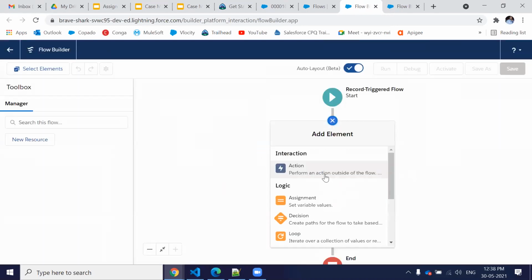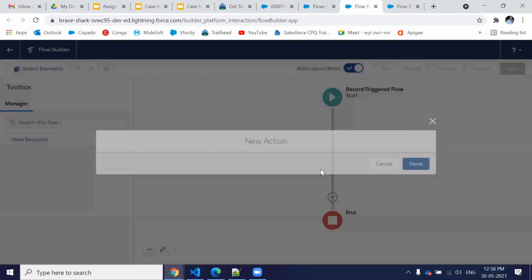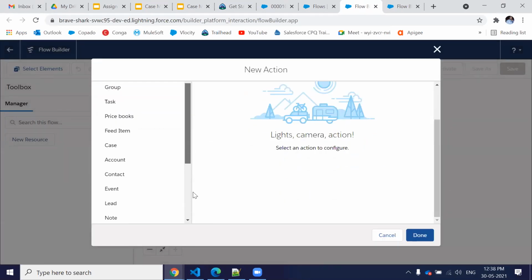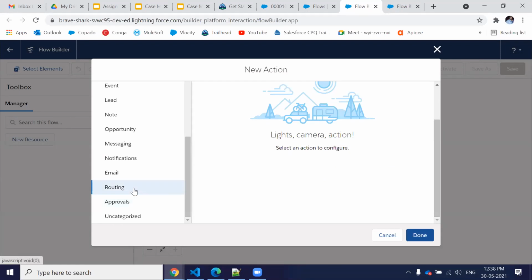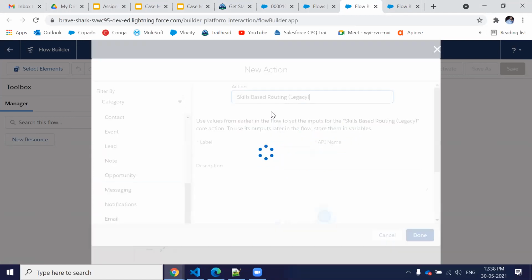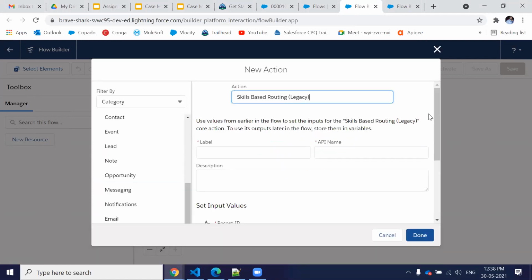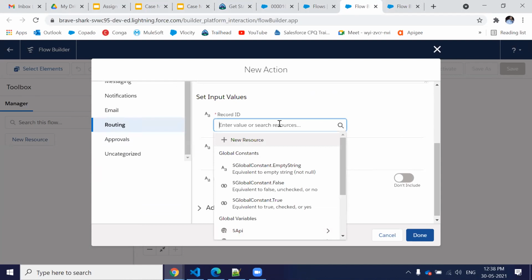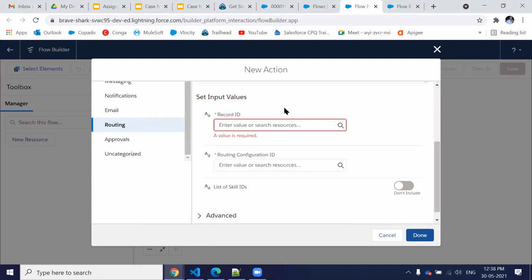So I have to use this action. In this action, if you look for routing, we have this routing especially for the Omni Channel. So you have to select this routing, and in this routing you have only one action, which is the routing configuration, skill based routing. In this you just have to provide these things. The work item ID should be your case record, if you are using the case object.